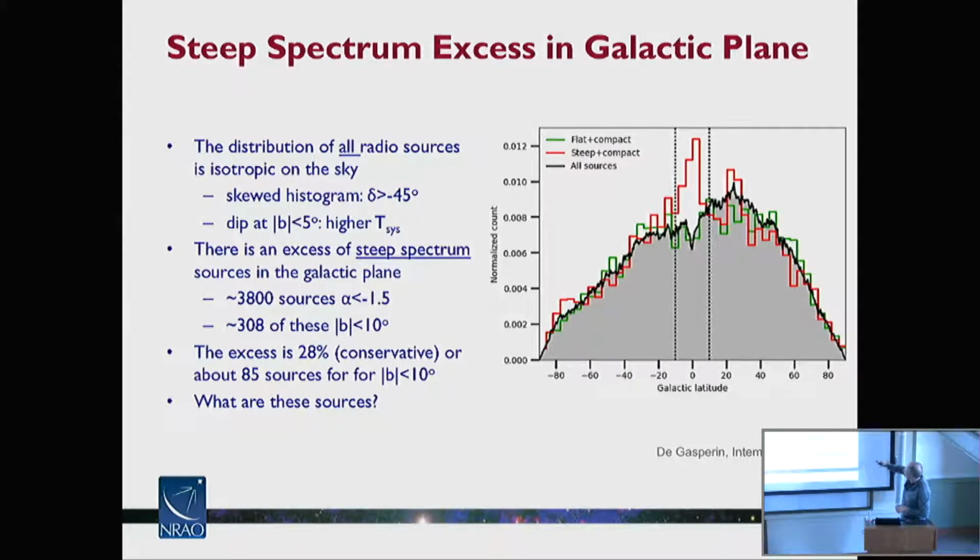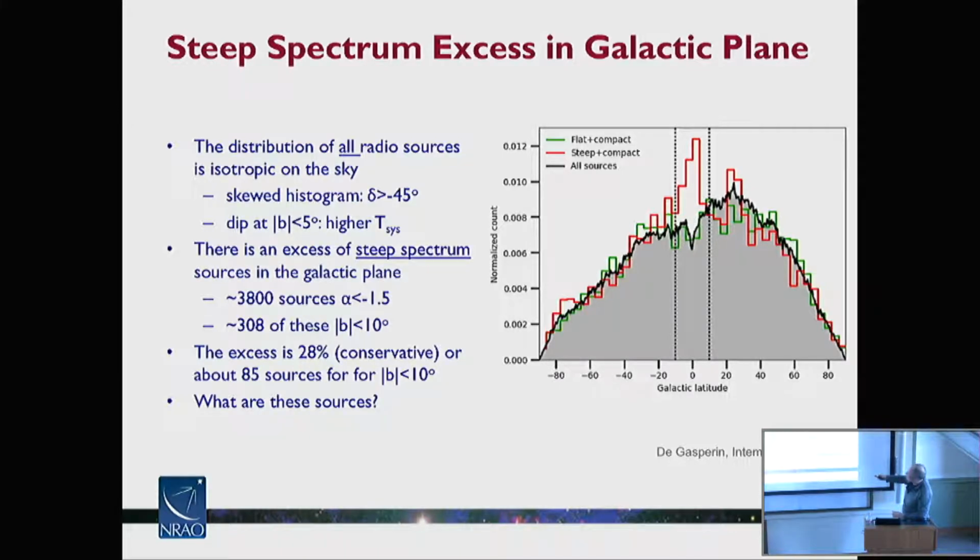And you can understand why it falls off here, because there's a cutoff in the declination. At some point there are no sources with a declination of minus 80, because the cutoff is about minus 40 degrees declination. If I did the whole sky, this would be a symmetric function, but it's not. So you're missing the most southern part of the sky. And then it dips in here because the galactic plane increases the noise so much that your number of sources drops right in the area of the galactic plane. But nonetheless, it's a reasonable distribution.